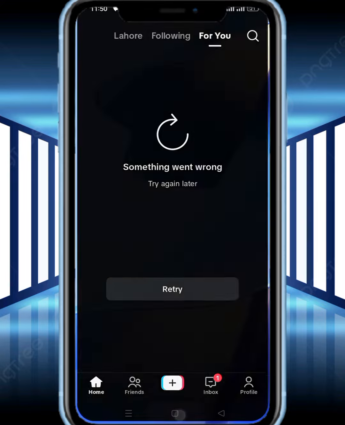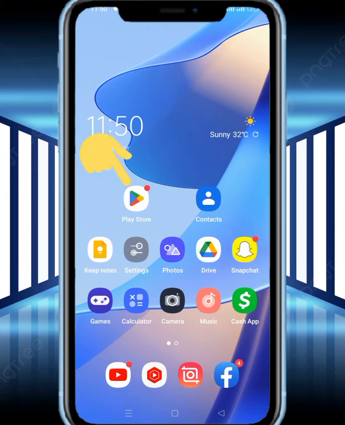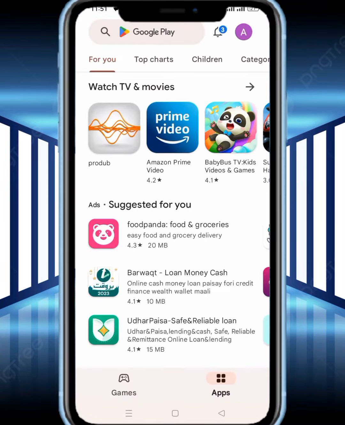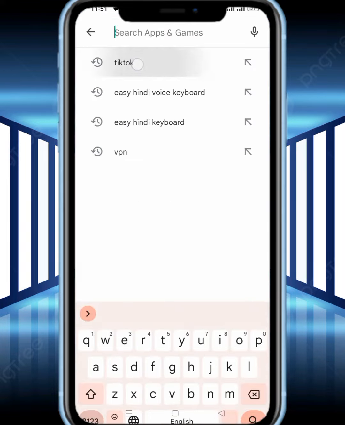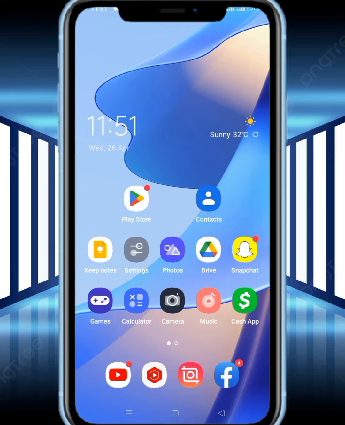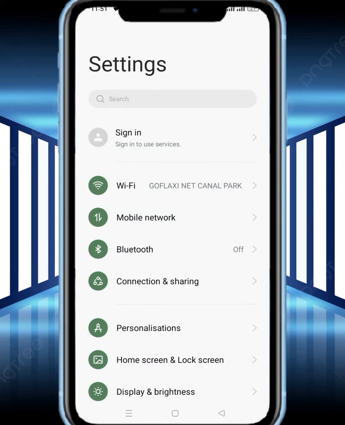First of all, go back to your home screen and from here tap on App Store or Play Store. From here you search for TikTok, tap on TikTok. Make sure you update to the new version, and after that check whether the problem has been fixed or not. If the problem is not fixed, then go back to your home screen and open your settings and tap on